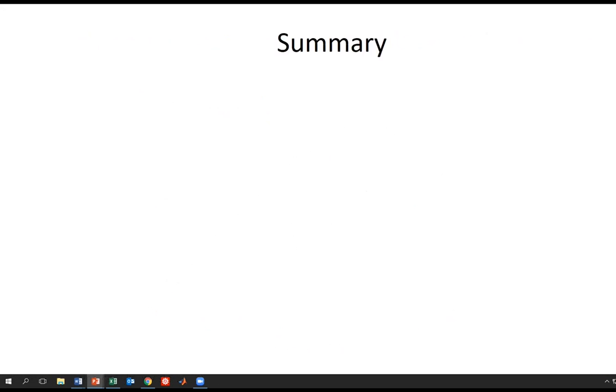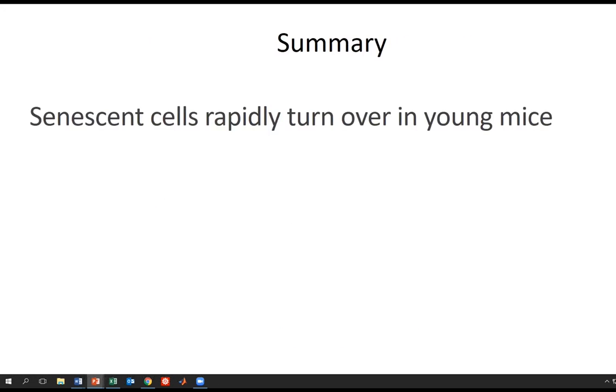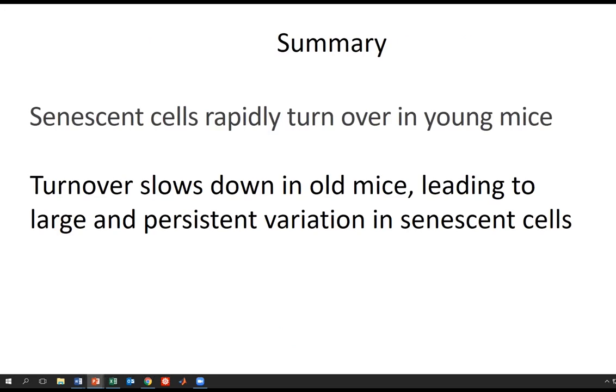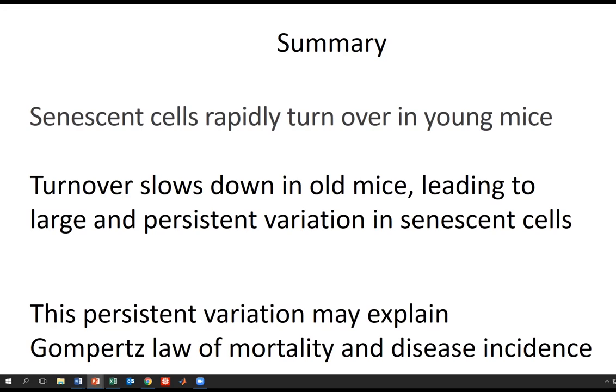This is just speculation. So to summarize, senescent cells turn over rapidly in young mice and repair slows down in old mice, and the stochastic model shows a kind of critical slowing down phenomenon that gives you the widening between individuals, non-genetic individuality, longer persistence with age, so that if you're worse off, you stay that way for a longer time, and the exponential rise of hazard and disease incidence and scaling of disease curves and fast, slow transitions with dietary response. So a lot of aging phenomena in this kind of family of stochastic models. And there's more things I can say, but I'll stop here.